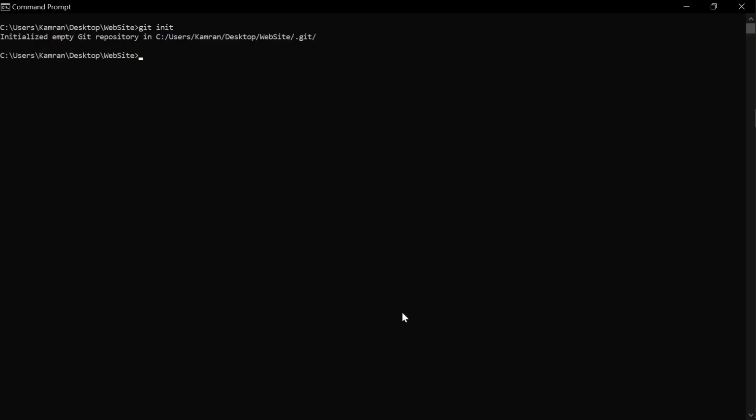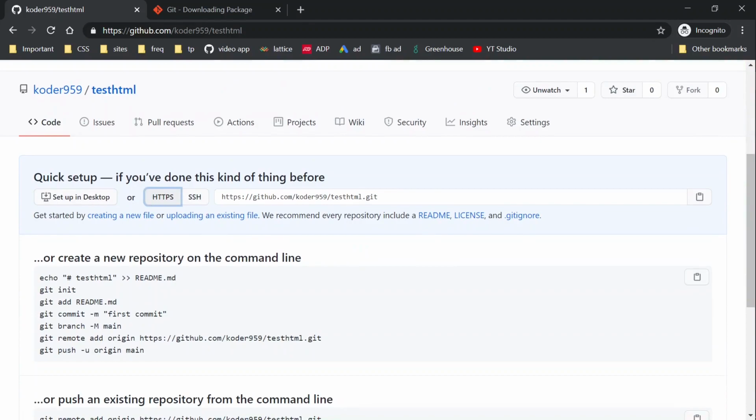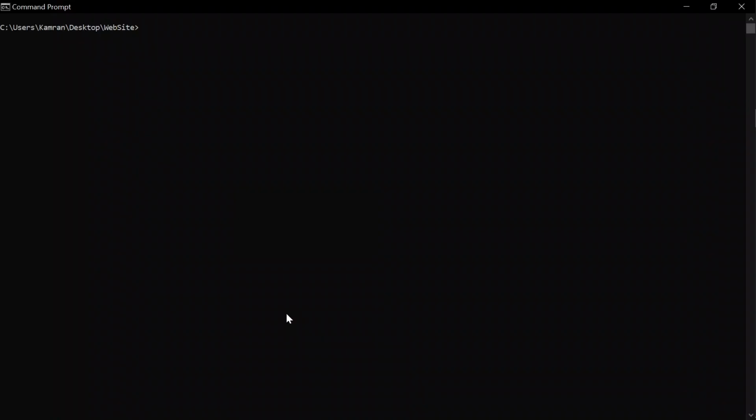The second step will be to link that repo which we have created on GitHub to this project. So go to the GitHub repo webpage, and here you can find a link. In order to link your local project to this GitHub repo, you have to run the command git remote add origin and the link of your git repo. So I'm going to run this command over here. You can run the same command, and instead of this URL, you can add your GitHub repo URL. Once you do this, your local project is connected with this git repo.